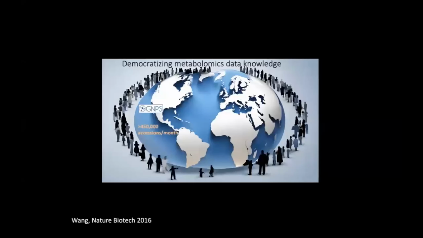And so what does that look like? The initial infrastructure that we built is a data repository, and this is built on top of the MassIVE repository supported by NIH for proteomic storage, but we have a component that also collects metabolomics data, particularly untargeted metabolomics data. We also capture knowledge, so any annotation that you have, any known molecule where you have spectra, or if you have metadata attached to it, we try to capture that into this ecosystem as well.